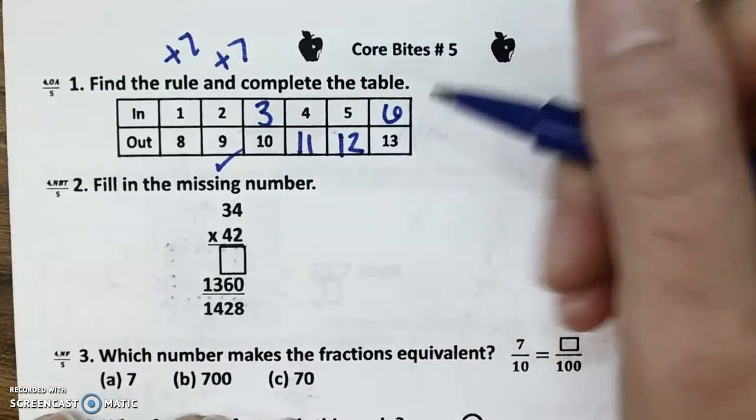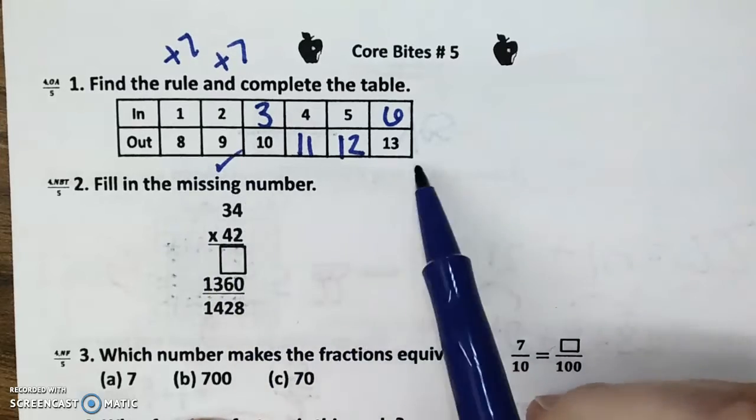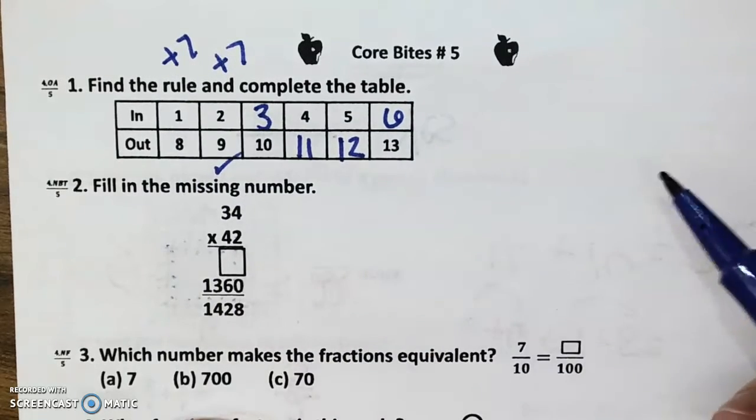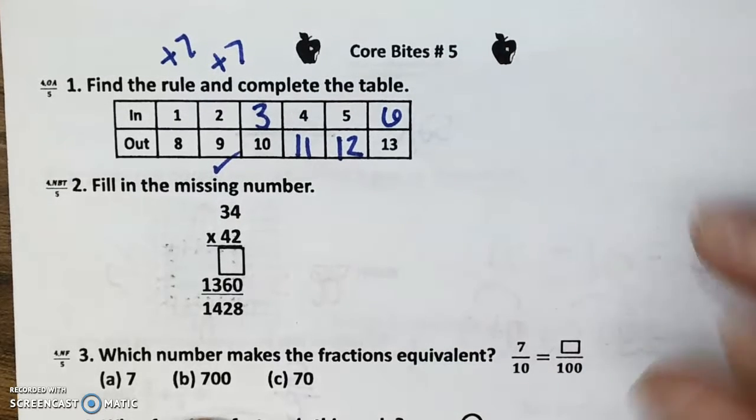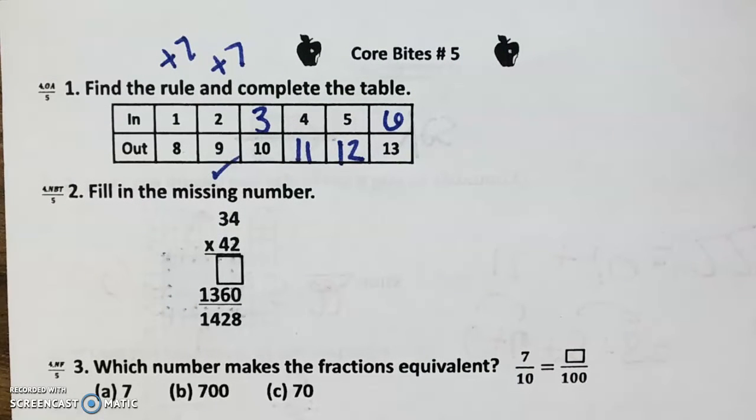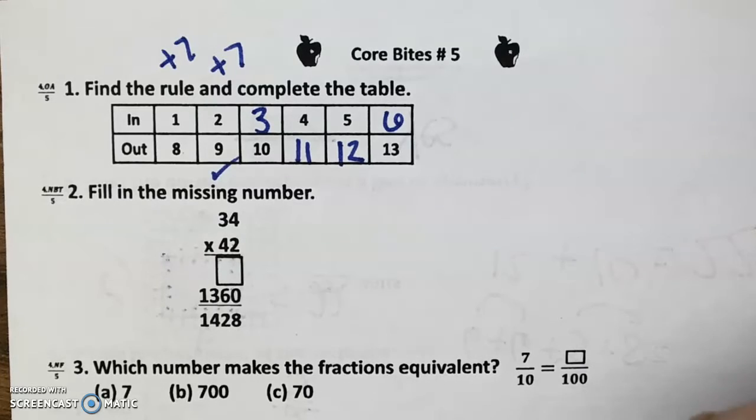So as you can see, there's a pattern. They all go up by 1 on both of them, but the pattern is the top number, you always add 7 to get the bottom number. Or you have to do the opposite, which would be to subtract to get that number. Okay? For your next one, they're multiplying, and you have to find the missing numbers based on 2 digit times